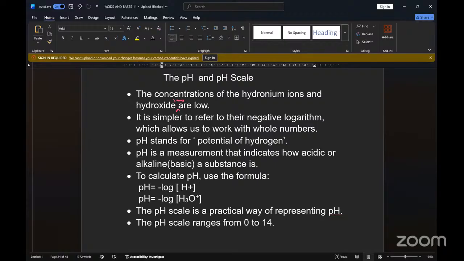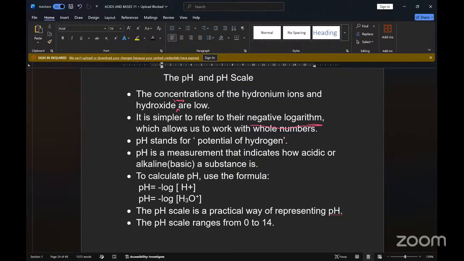So it makes sense to find what we call the negative logarithm of these concentrations. And when you do that, you get whole numbers, and the whole numbers give rise to what we call the